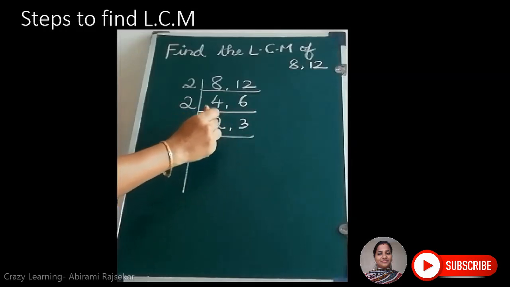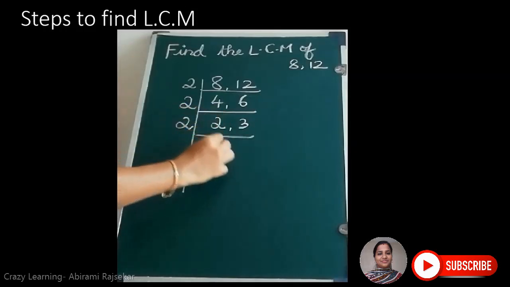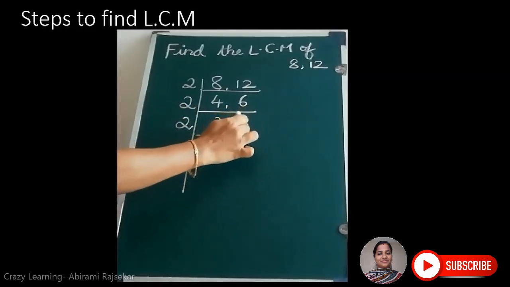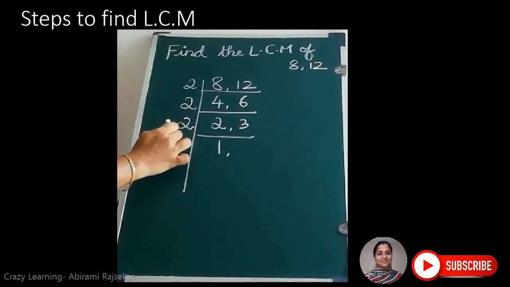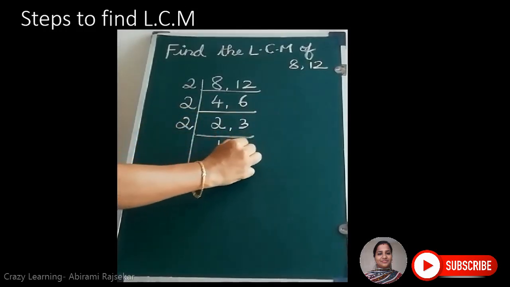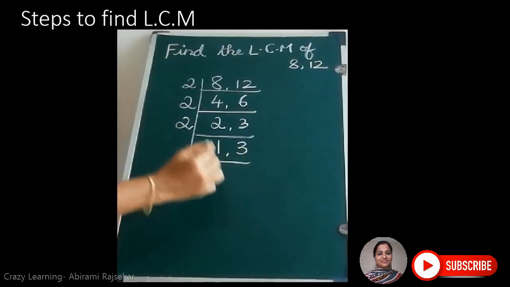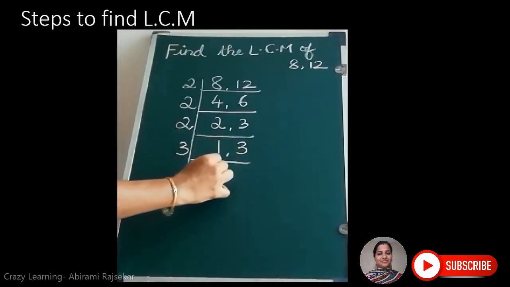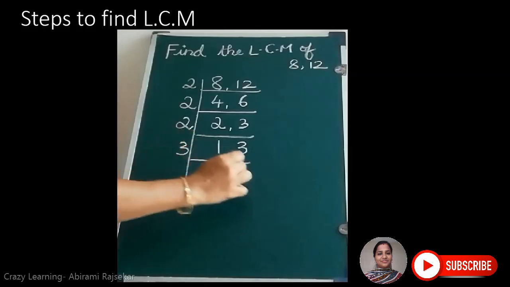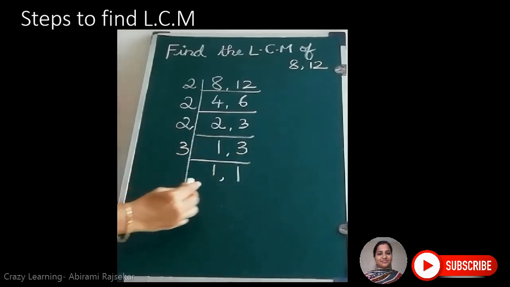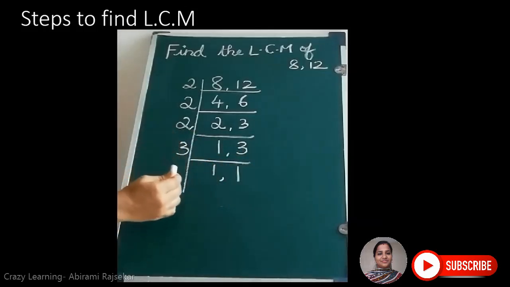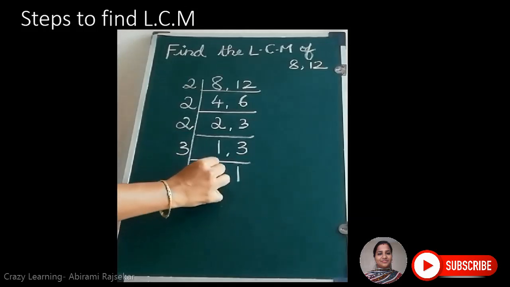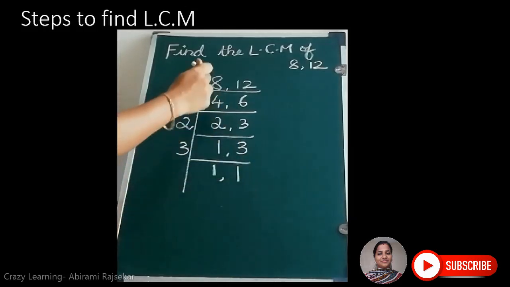Now first let us divide 2. 2 1s are 2. This 3 is not divisible by 2. So we want to write 3 as such. And then now we want to divide 3. This 1 will be carried on and then 3 1s are 3. So we want to repeat the division until we are getting 1 in the last line to find the